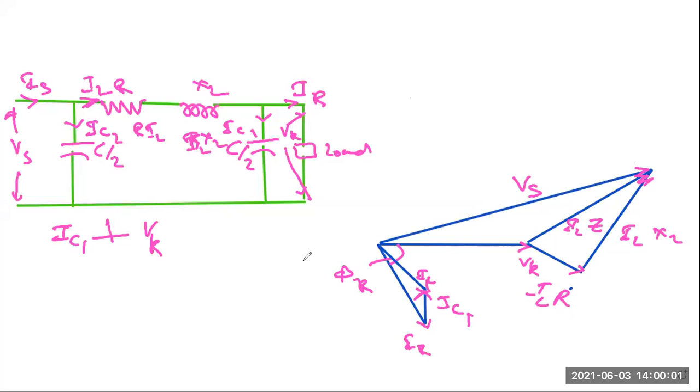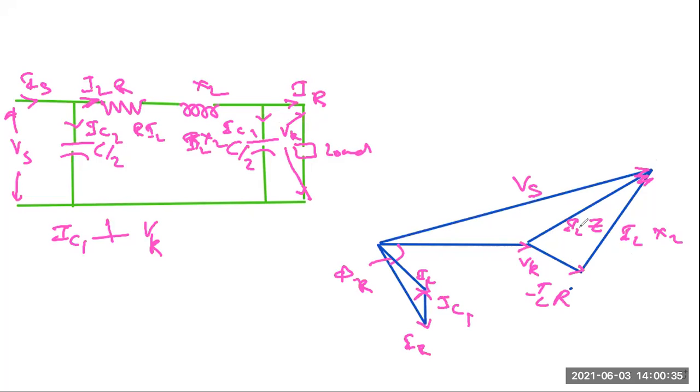Now we have not yet got the IS value. How will we get IS? Sir, VS will be there. Yes, this will be VS. Why? Because this is your VR, so across VR this one, and there will be two drops, IL into R and IL into XL. If you join this and this, you will get VS. Yes or no?